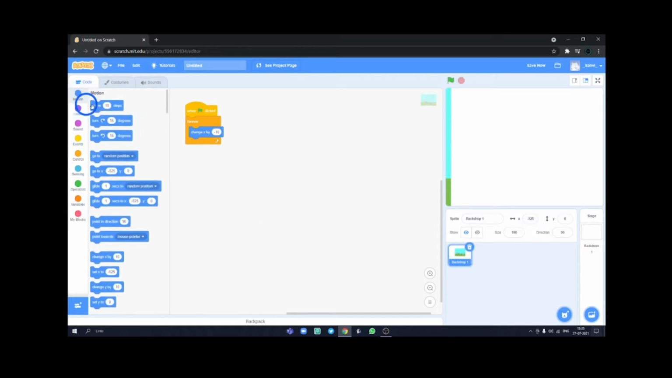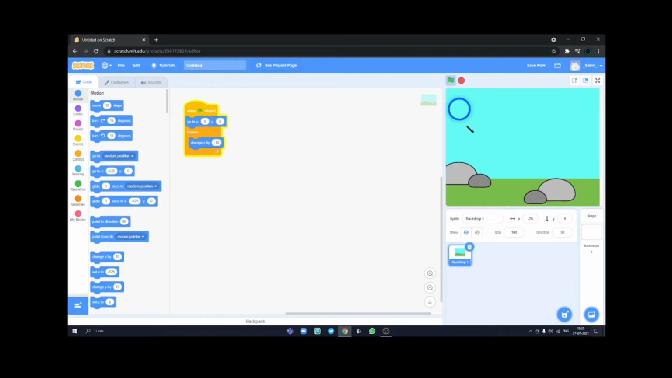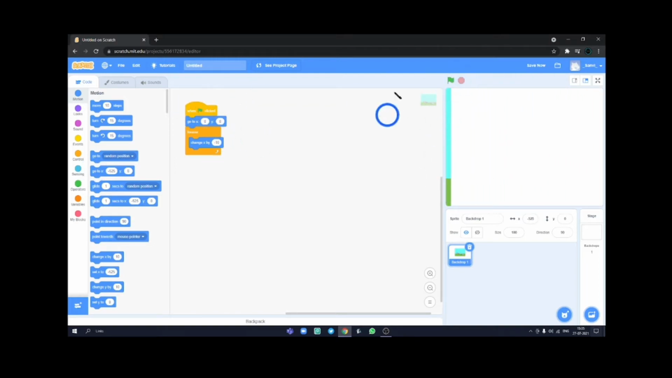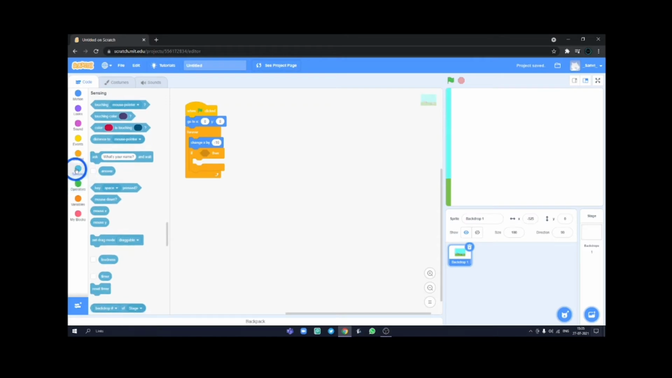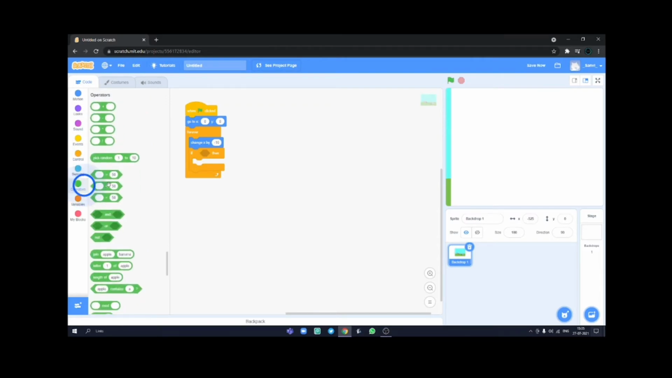So first of all, I'm going to go to motion and take a go to block and set both of them to 0 so that it always starts in the middle and then goes away. Now whenever it stops over here, I would like it to go over here once again and then start again. So I'm going to take an if then block from the controls tab and then I take a sensing. I'll take an operator, the